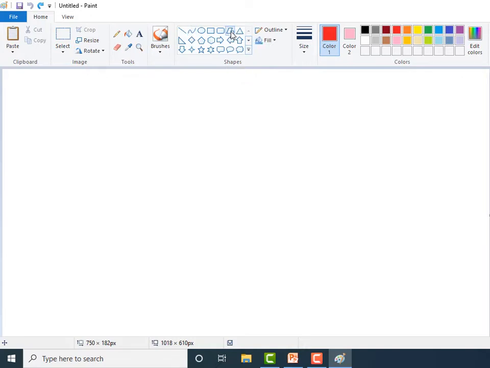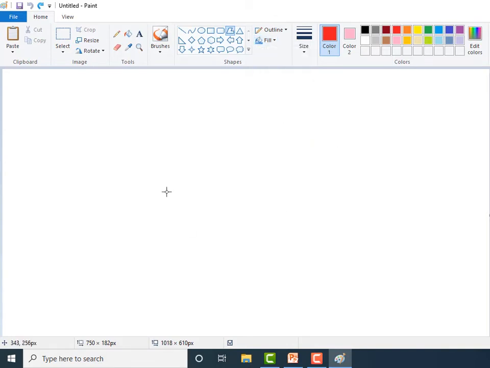Now select the thickness. I will select thickness. Outline style. I will select natural pencil and fill style for the polygon. Click on this fill tool and select the fill style. I will select this watercolor option.